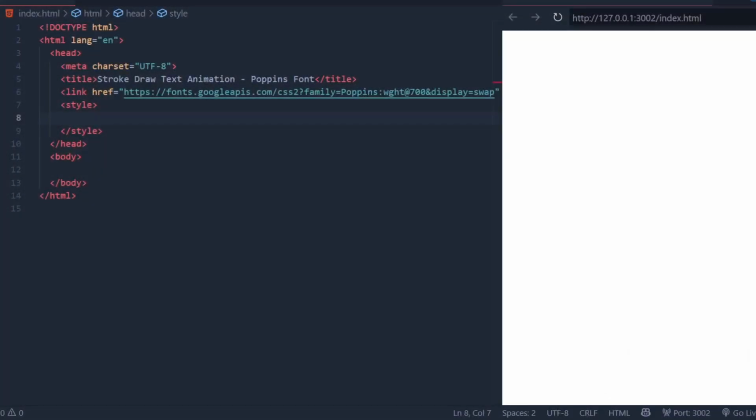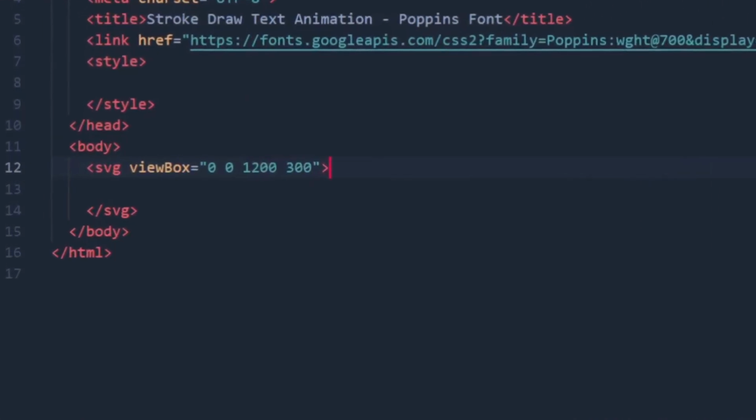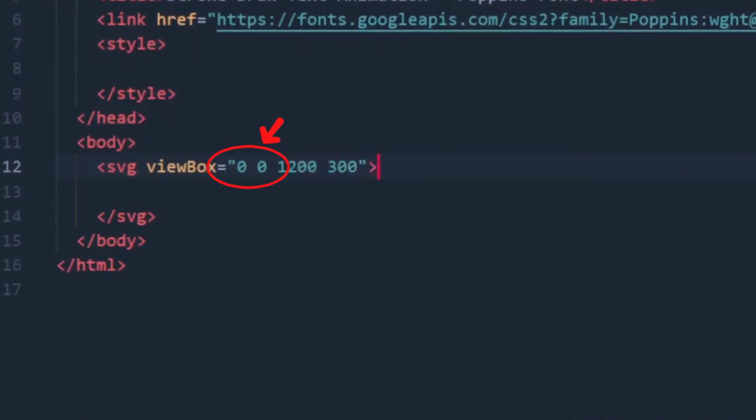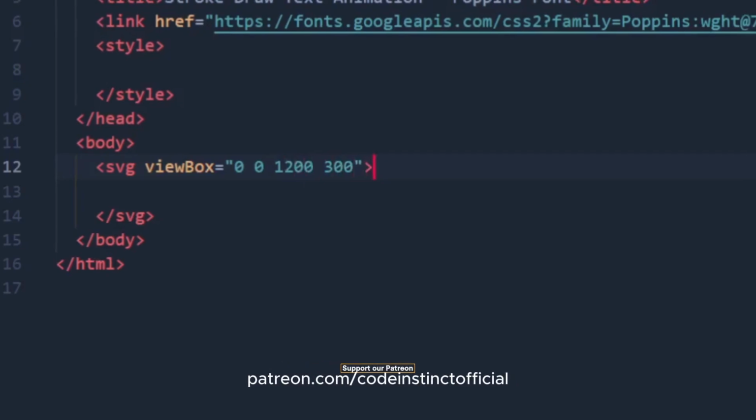Now that we've set the stage, let's dive into the HTML structure that brings this animation to life. The SVG element is declared with a viewBox attribute set to 0 0 1200 300. This defines the coordinate system and the visible area of the SVG canvas. The values 0 0 represent the top left corner of the canvas, while 1200 and 300 specify the width and height of the canvas, respectively. This ensures the SVG scales properly and fits perfectly within its container, providing a responsive foundation